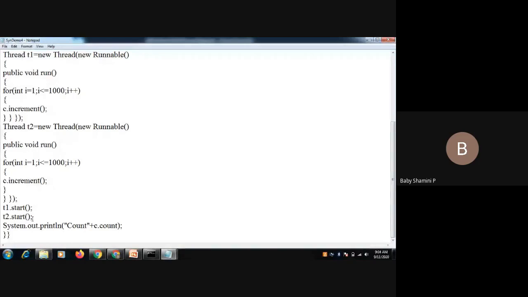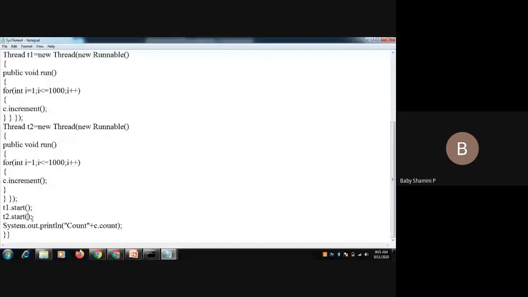First T1 starts its execution, and while T1 is processing the data, T2 also starts its execution. Why? Because we are not using any concept like synchronization. Both simultaneously access the shared resources, so obviously it leads to a data inconsistency problem. That's why the output varies.